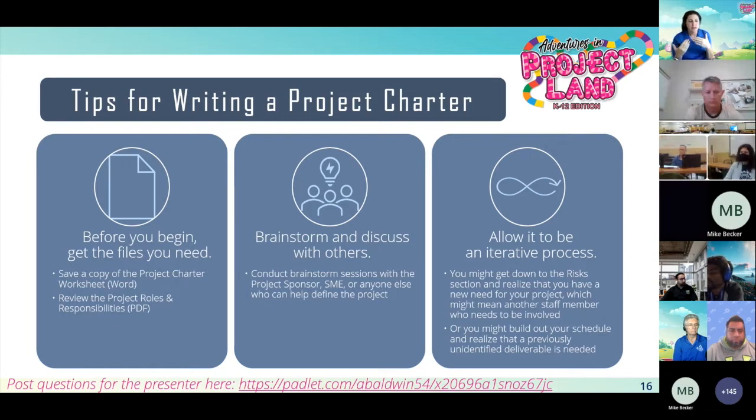Anybody else who can help define the project. It's meant to be a collaborative effort to make sure we do capture all of those requirements, right? We do have all the information we need to make informed decisions about what we want to do with the project. And then kind of my real point on this is you don't sit down, write a charter, bang it